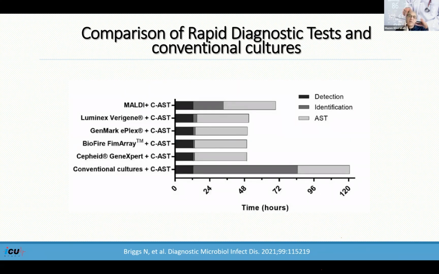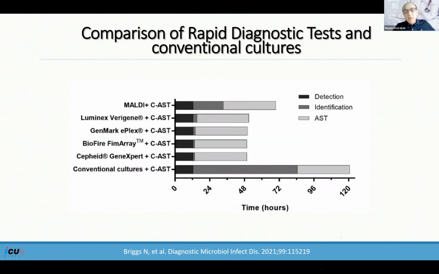And this is actually a very good slide to see how this test can actually impact your decisions. Okay, so what you see here in this horizontal column is conventional cultures and antibiotic susceptibility testing. So the dark black is detection of the organism. And then of course,